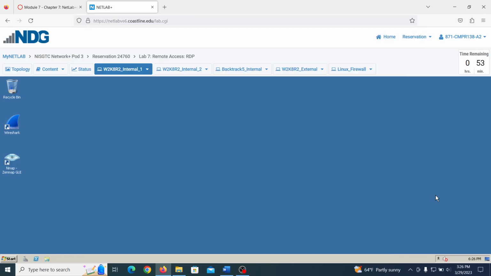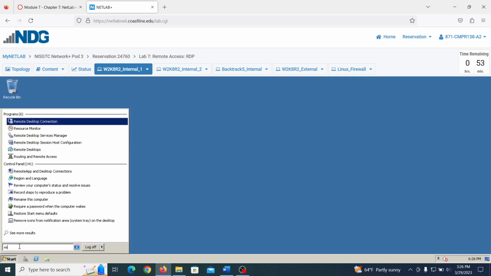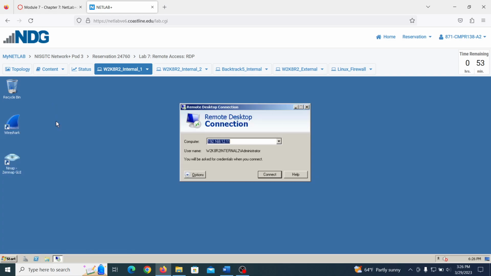So today we're going to be using some machines to connect to each other using the RDP protocol. The RDP protocol is a remote desktop connection. So we're going to go ahead and go into it. We're going to go right here on the first machine. We're going to look at remote desktop connection, and we're going to put the IP address of the second machine we're trying to get remote